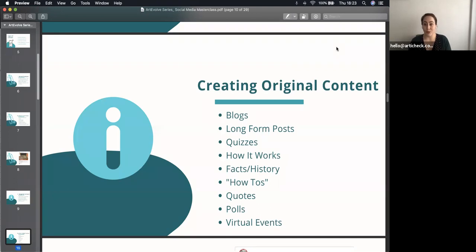Then we have how-tos. So this I find particularly valuable. In order to create how-tos for original content, make a list of everything that you do in your organization. So let's say you conserve,